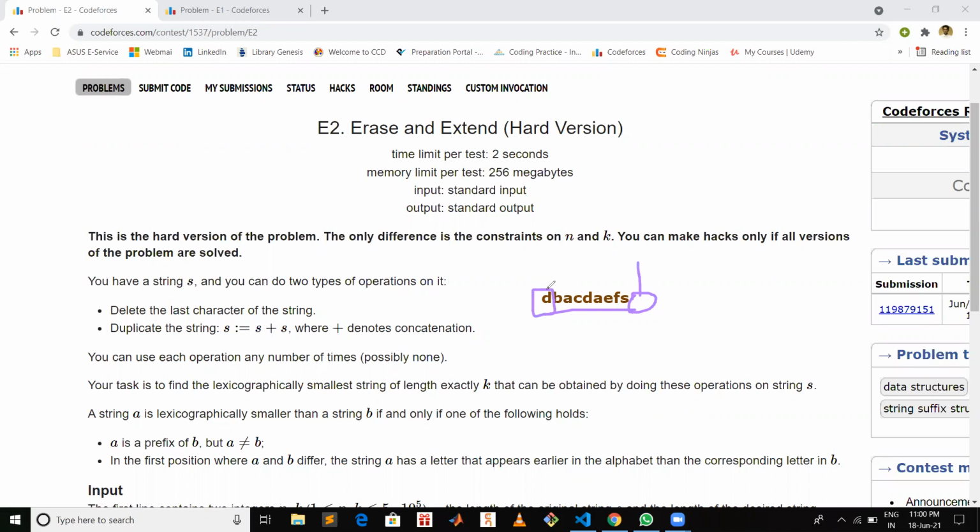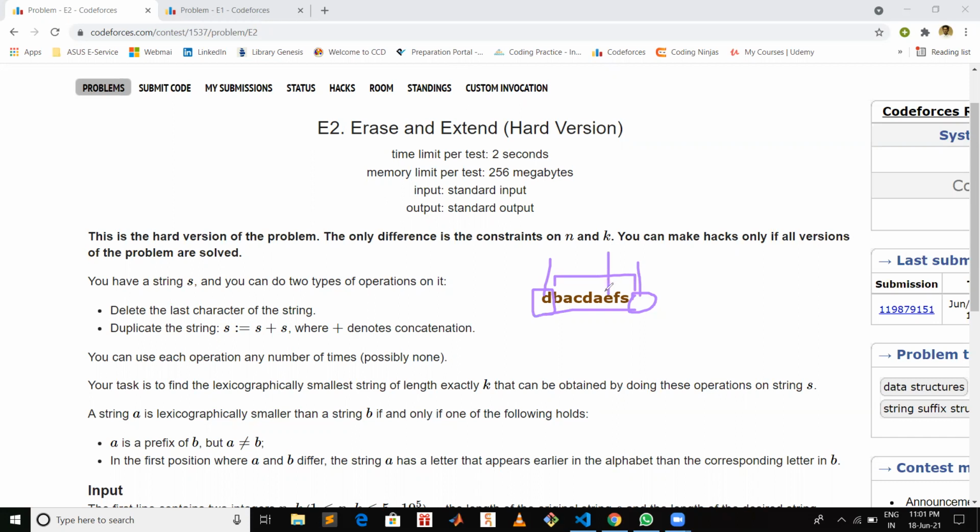So you can get a lexicographically smaller one if, at that position after concatenating, the character which is coming is smaller than what it already had at that position. In this string, one character which you can find greater than d is this one, e.